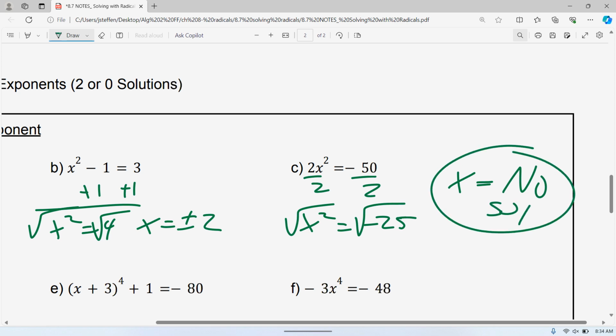Technically, and I'm not going to make you do this, the solution would be plus or minus 5i, because we talked about doing the square roots of negatives. I'm not going to touch that with a 10-foot pole in this chapter, because that is correct with an exponent of 2. But if there's an exponent of 4, it's no solution, but it's not imaginary, and that gets super confusing. If you want to go the extra mile and put 5i, I'm not going to count you off, but I don't recommend it, because that's if it's a squared. But if it's a fourth root, or an exponent of 4,